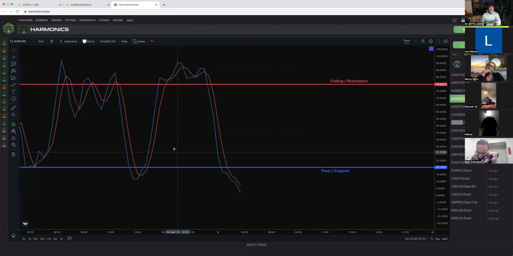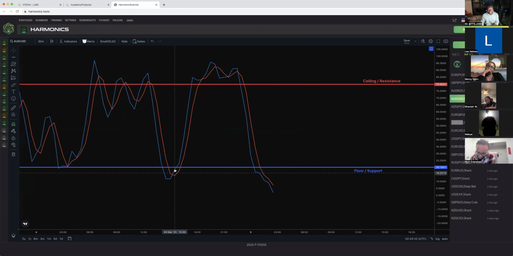So when you're looking at these two lines, when the blue line is on top of the red line, the blue line is the buy line. The market is winning. The buyers are winning, right? That's when you look to buy the market. When the red line is on top of the blue, the sellers are winning. You're looking to sell the market. So with those two examples, put them together.